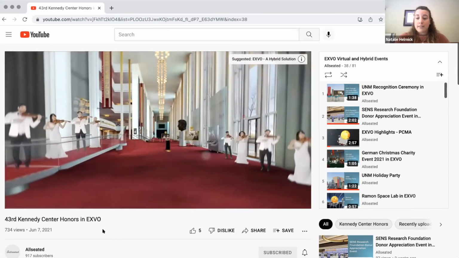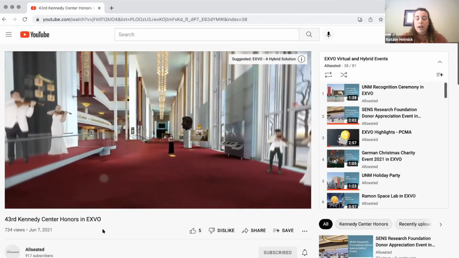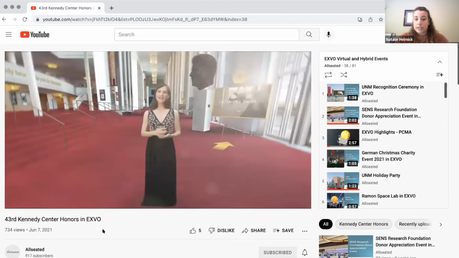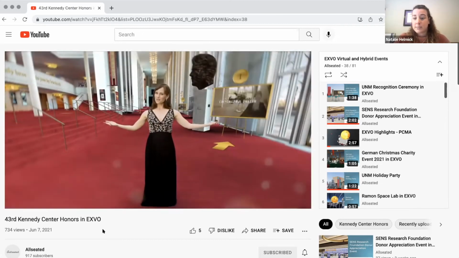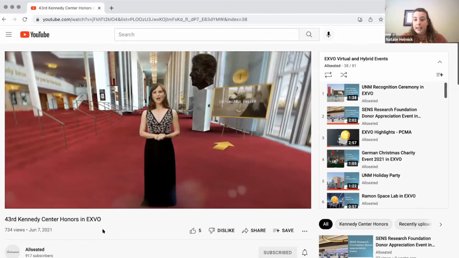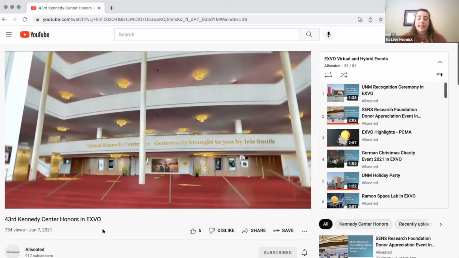And we went to the Kennedy Center with a camera called Matterport and took 3D 360 photos of the Kennedy Center to build out their exact space. So then what we did was we worked with the Kennedy Center team to build out media, to build out experiences,